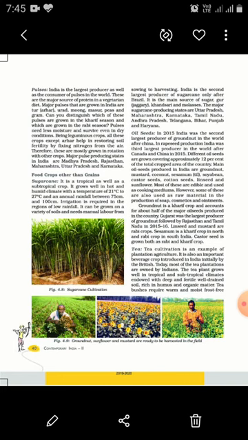Next, cold climate fruits like apple, pears, apricot, walnut are mostly produced in our country in the northern states of Jammu and Kashmir, Himachal Pradesh. These fruits have great demand all over the world, and most of these good quality fruits are exported to various countries in the world.